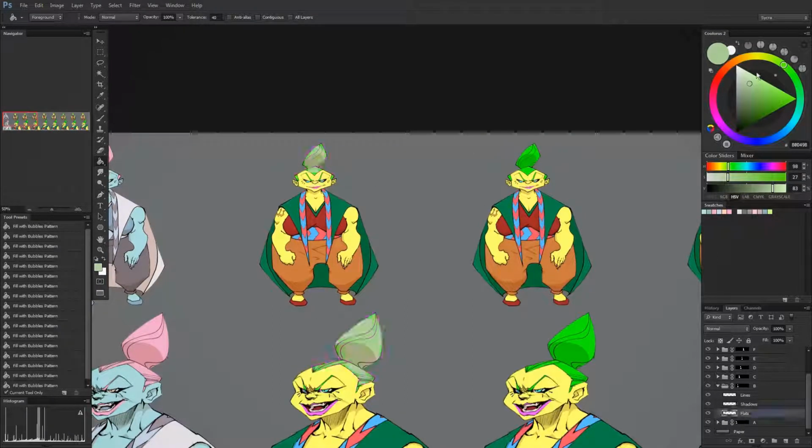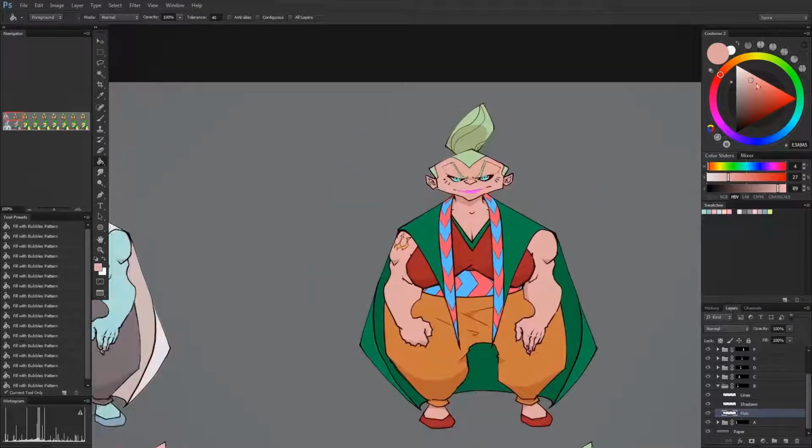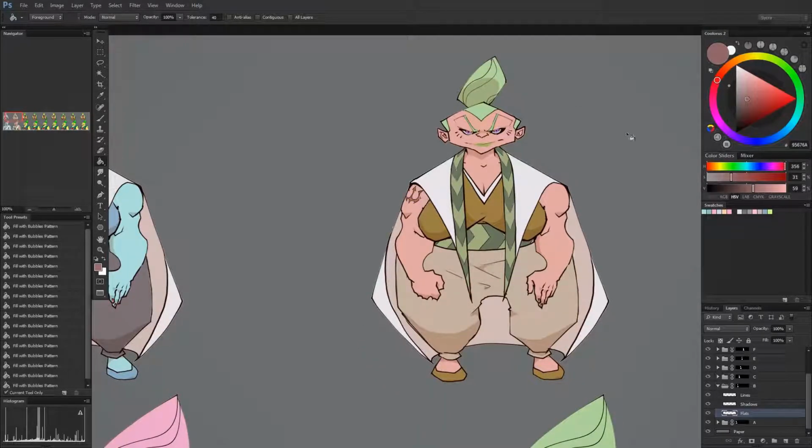The problem is here. So here I'm doing a bunch of versions of different color ideas, and the first one I just gave her the exact same colors as Kay, just for fun. Like, okay, what would she look like if she had the exact colors of Kay? And now I'm just experimenting with different colors.